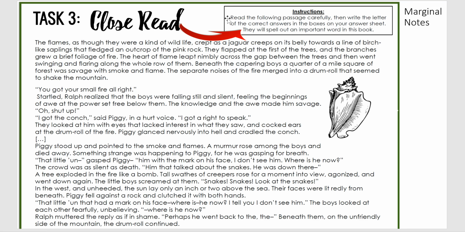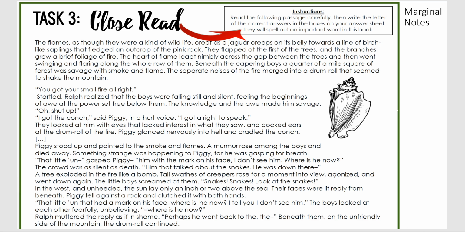The directions are read the following passage carefully, then write the letter of the correct answers in the boxes on your answer sheet. They will spell out an important word in this book. So your first step is going to be to pause the video and read through. If you're going to work through on the PowerPoint slide, create a text box here and add in your information, your marginal notes. Otherwise, you can just take it down on a piece of paper. Just, paragraph 1, marginal notes, paragraph 2, marginal notes, paragraph 3, marginal notes, to keep track of your thinking